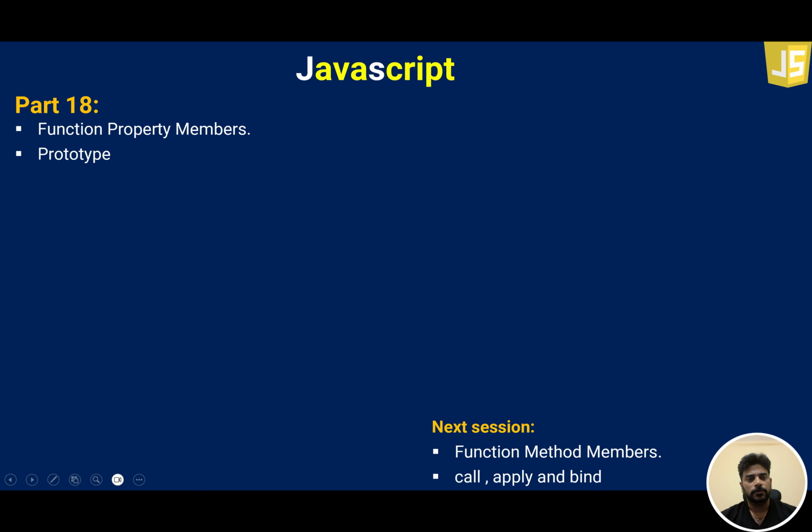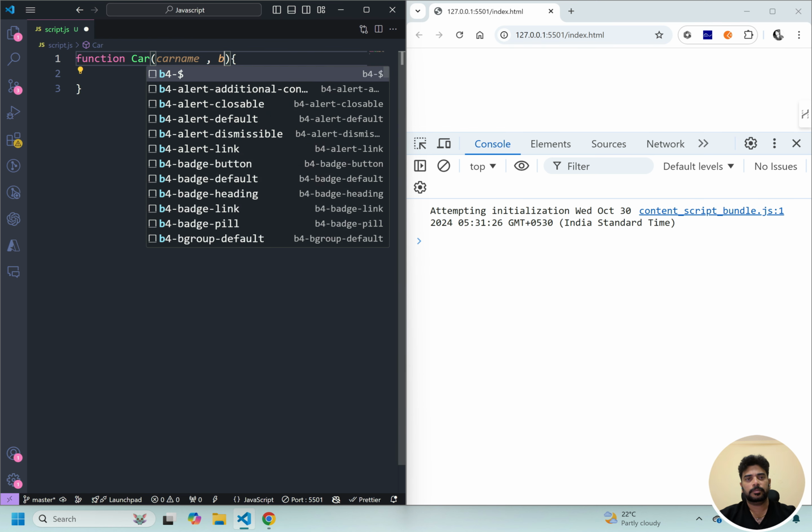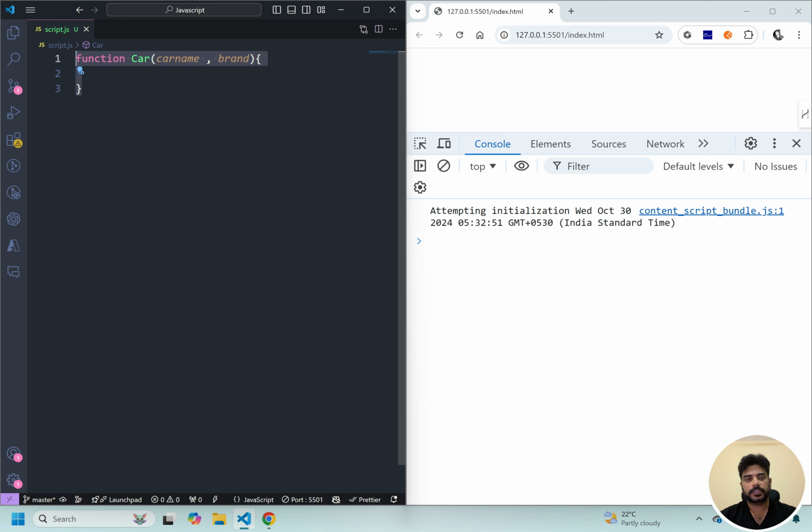ఈ యొక్క సెషన్లో మనము ఫంక్షన్ ప్రాపర్టీ మెంబర్స్ అంటే ఏంటి అండ్ వాట్ ఇస్ ద ప్రోటోటైప్, ఆ ప్రోటోటైప్ యొక్క అడ్వాంటేజ్ అనేది మనం నేర్చుకుందాం. సో ఫంక్షన్ ప్రాపర్టీ మెంబర్స్ అంటే, before we are going to understand the function property members, let me prepare one function. సో ఇప్పుడు నేను ఒక ఫంక్షన్ క్రియేషన్ చేసి ఆ ఫంక్షన్కి 2 పారామీటర్స్ అనేది పాస్ చేస్తున్నాను. సో ఫంక్షన్ ప్రాపర్టీ మెంబర్ అంటే ఫంక్షన్కి జనరల్గా ఏదైనా కానీ